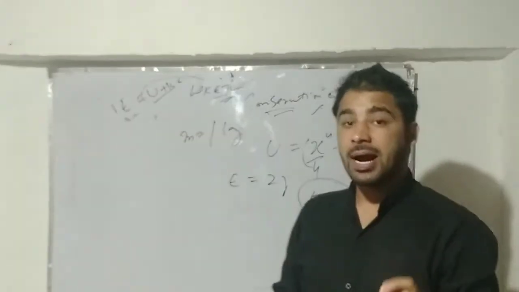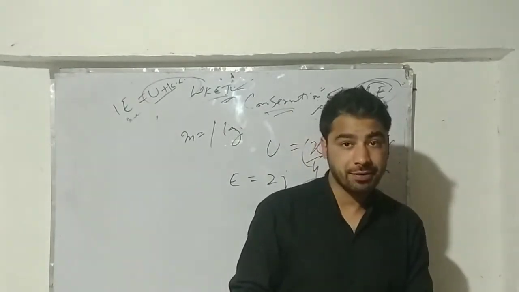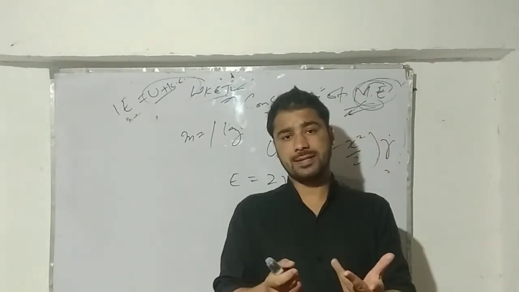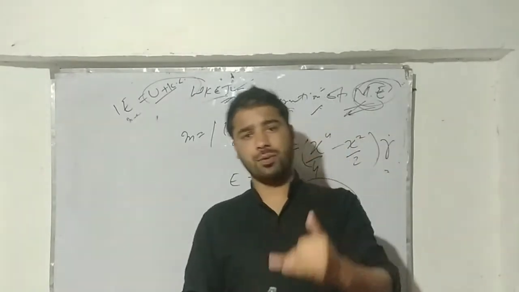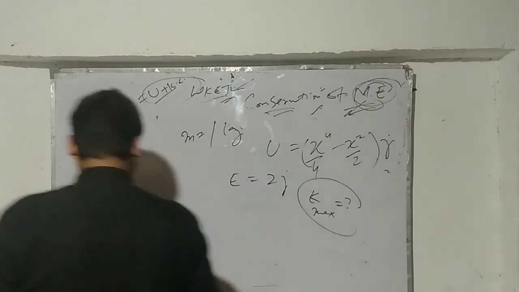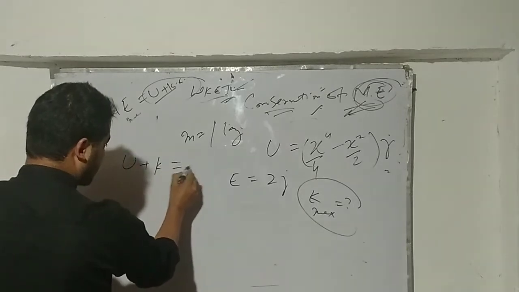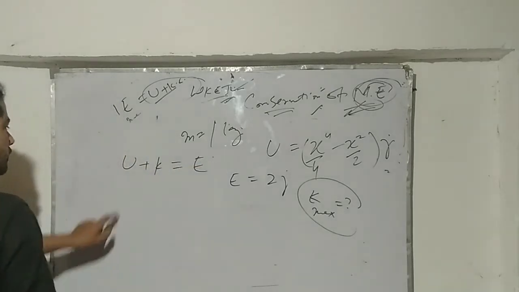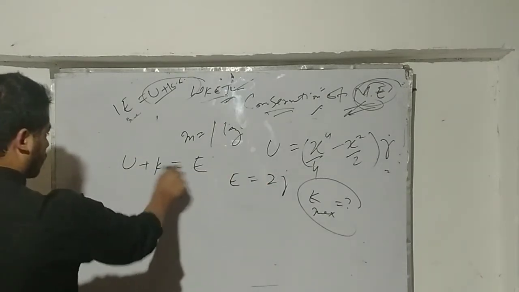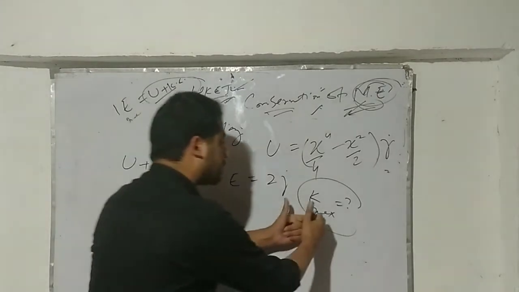This is the kind of guess I can make in the first place, okay? When kinetic energy will be maximum, my potential energy should be minimum. This is all I can say at first view of the problem. So if I write U plus K, it is basically E, okay? U is given, E is also given, that's the total energy, K is not given, okay? But not only K, I need to find its maximum value.